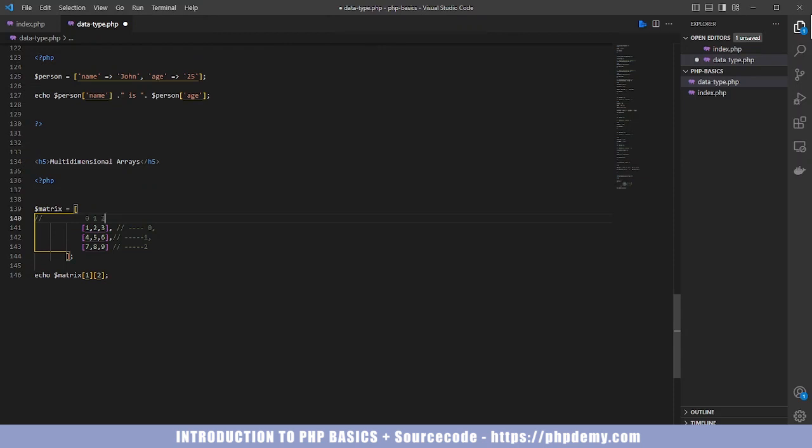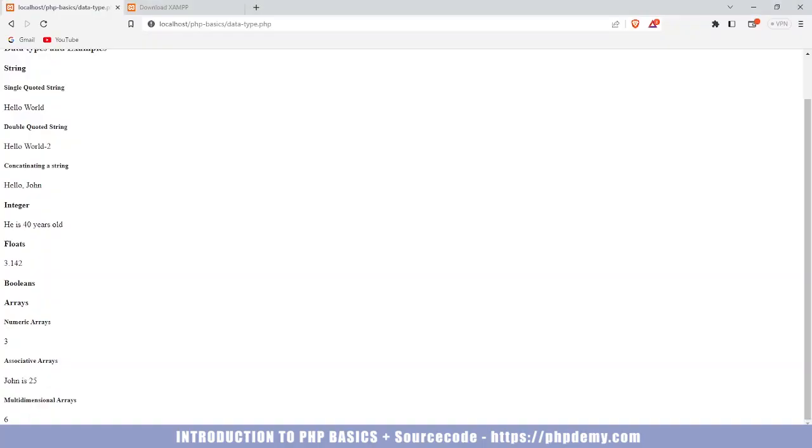So in terms of the rows, we say 1 represents the number of rows, so we have 0 and then 1, and then the column, we have 2, so we have 0, 1, 2. So where you have row 1 and then column 2, it's targeting 6, and that's why it's outputting 6 here. So I think that is that for